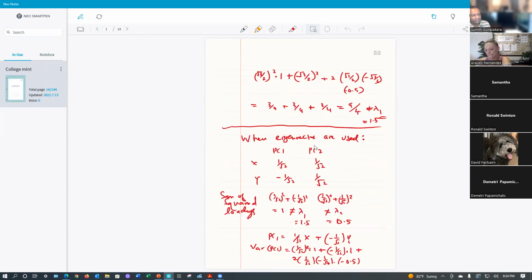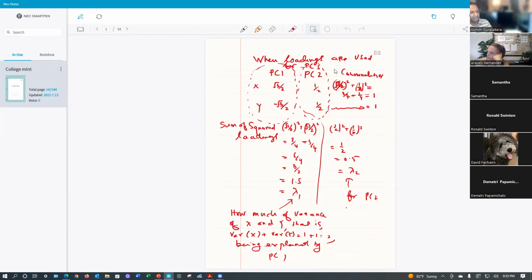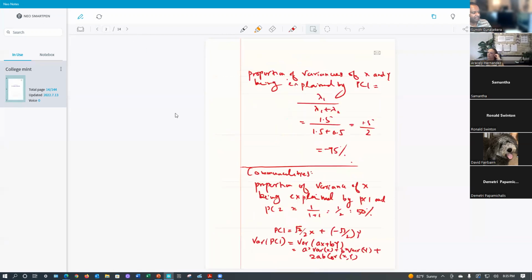Look at this way. When the eigenvectors are used, it looks like this. If I'm using loadings, for this particular example, they've added to 1. Here I'm using the loadings. When you use the loadings, loading should be the square root of the eigenvalue times the eigenvector. You can remember that we had that discussion. But when you sum up the squares of these loadings for that x, that means the communalities, you get 1 over here. But whether you are using loadings or eigenvectors,